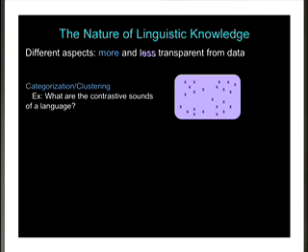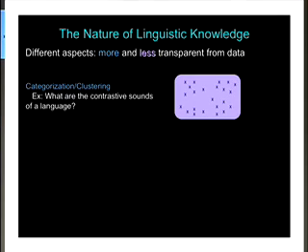One of the types of information that you may wish to transmit is the contrastive sounds within your language, the sounds that transmit meaning. So the fact that in Japanese, my name Lisa is pronounced Risa by a lot of people: the R versus L contrast is not meaningful in Japanese, but it is in English. And so you might wish to transmit what kinds of sounds are meaningful.